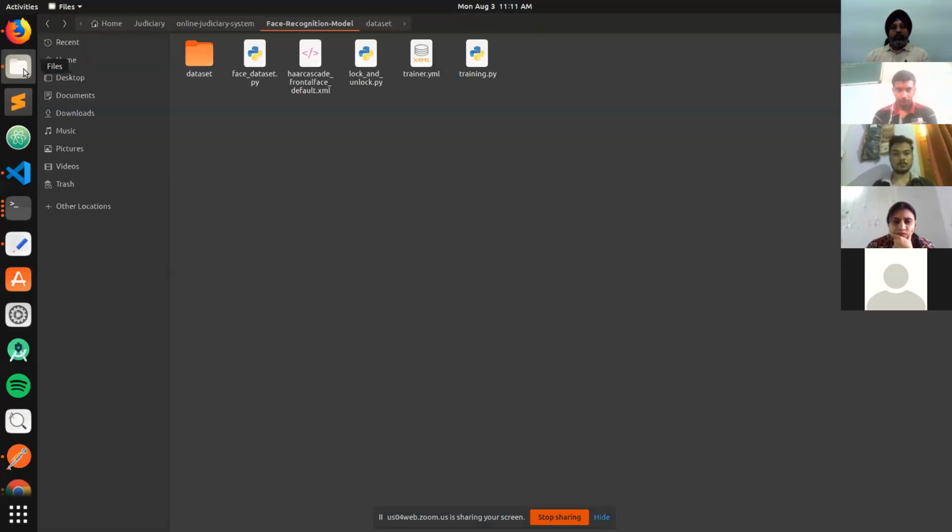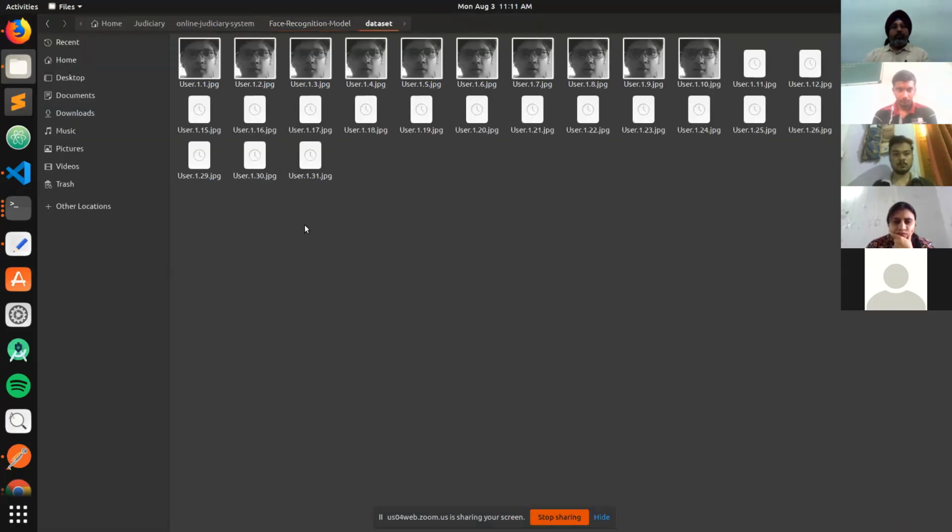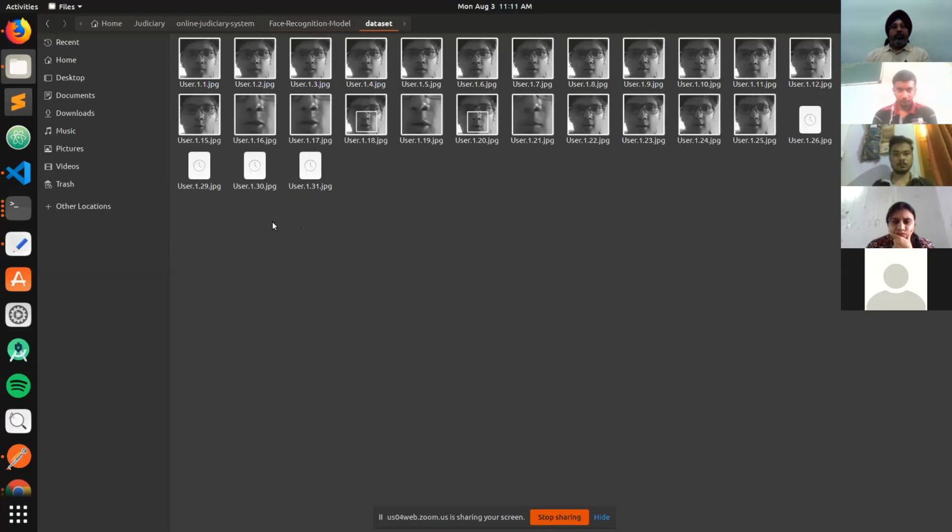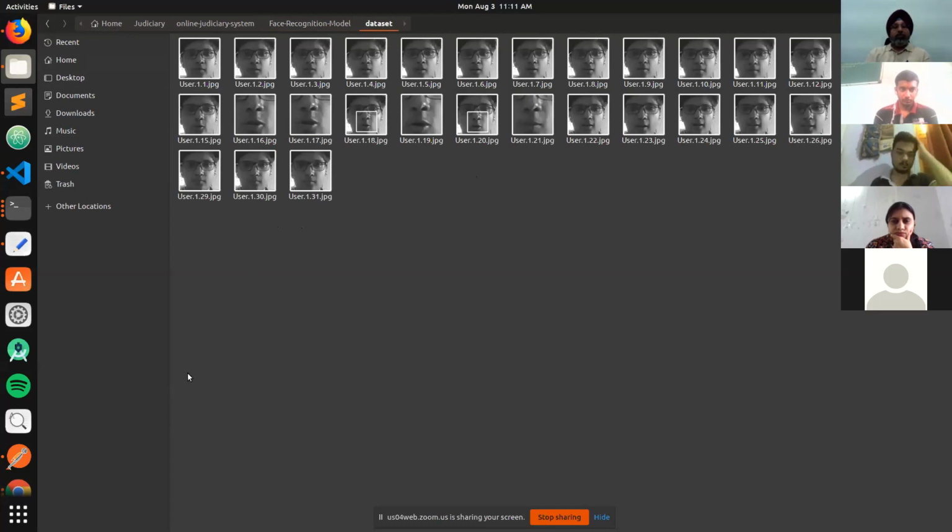And this image is stored in a data set. And this set of data is used to train the model. And whenever a user wants to join a meeting, his photo is captured and matched with these photos. And if he's the same person, he's allowed to enter. And if not, then he won't be able to enter the meeting.